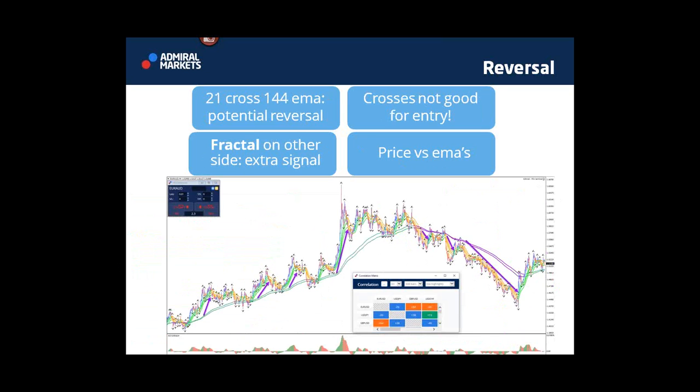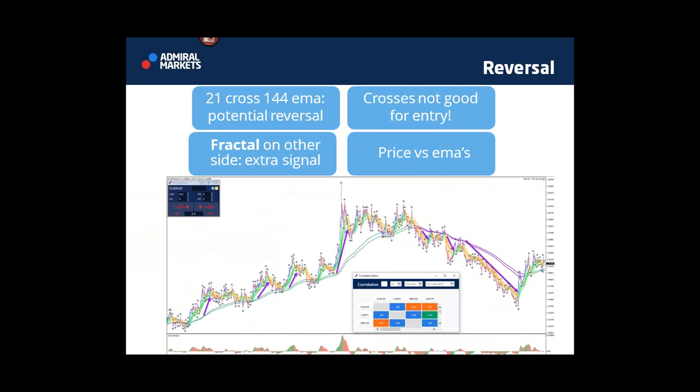So with divergence, when price got back to the 144, that's a spot where we can get a reversal, but we can also easily just have a retracement and a trend continuation. Remember that when price gets back to 144, it could also be a retracement. So it's at a crucial spot. It could be a retracement for a trend continuation, but it could also be a reversal.